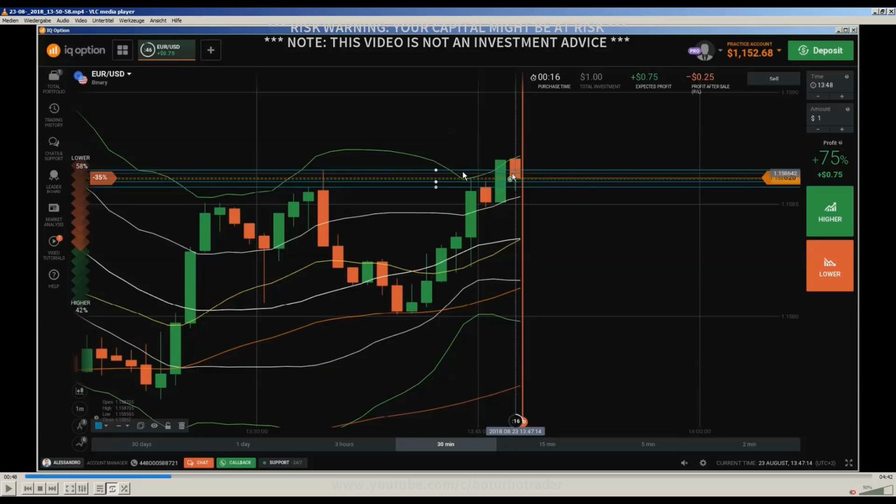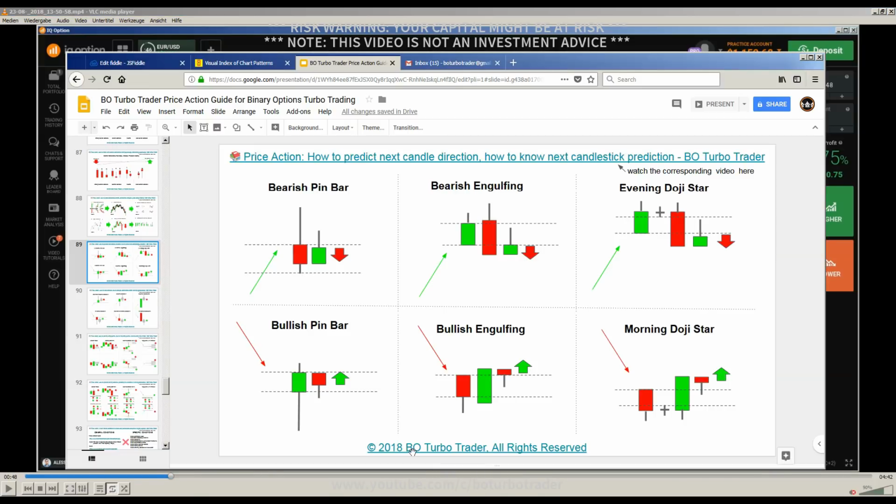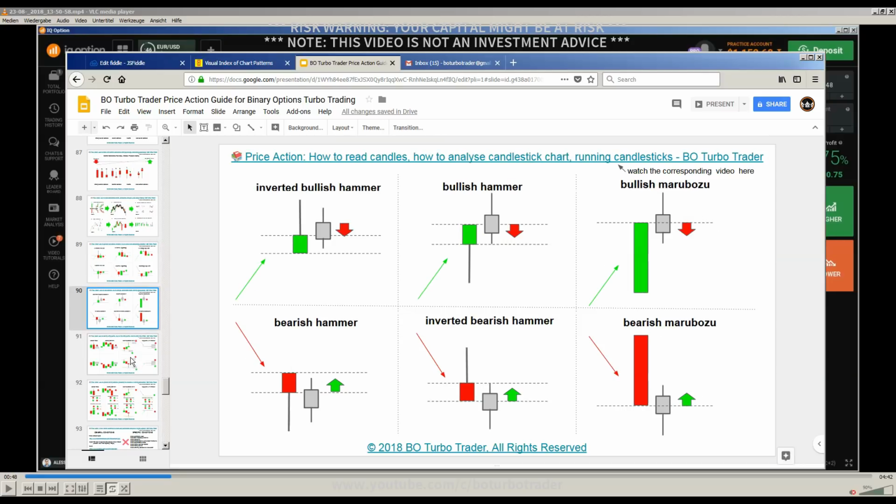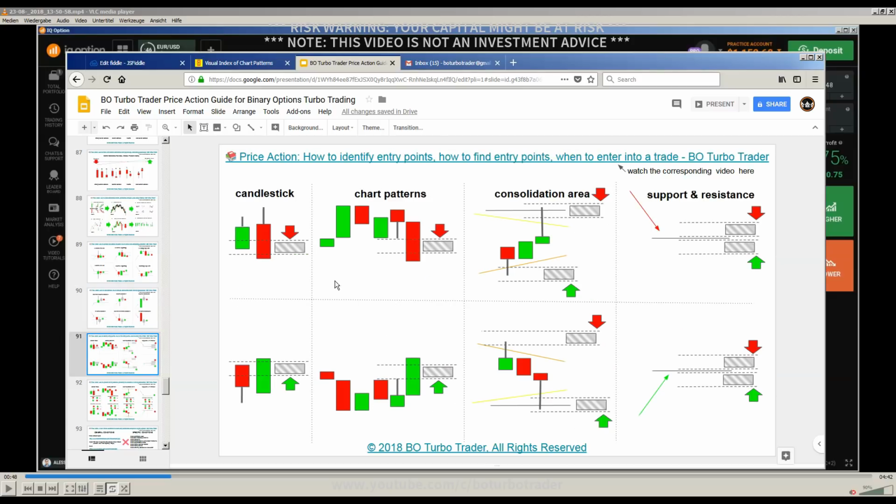We have here a bullish engulfing candle, and here you see, for the case that the next candle after the bullish engulfing candle will be a bearish candle, I try to get the best possible entry point. And then how to analyze the running candle, and the entry point, where I talk about the bullish engulfing candle: try to enter below the opening price and closing price of the previous candle. So let me show you this.